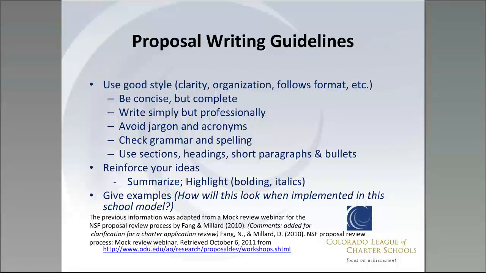Jargon and acronyms are hard to understand, so make sure that they're either clearly explained or try to use terms that a layperson would understand. And grammar and spelling is one of those things that can really detract from something, and so any reviewer kind of gets sidetracked if something isn't spelled correctly or there's poor grammar usage, or we've even seen groups that have borrowed information from other schools and forgotten to change the school's name. So just be clear with your editing as to what you're trying to say, and then be sure to divide things up with section headings, bullets, things to make it more understandable. Summarize wherever possible and give examples.